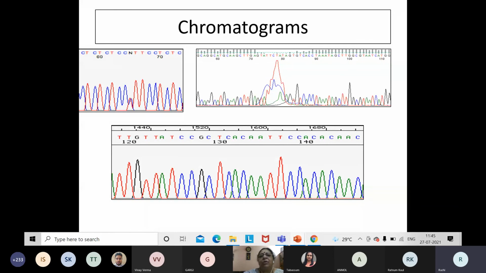There are regions, not the complete chromatogram is bad, but there is a region in the DNA sequence which is not good, something like this or something like this here. As you see, we will get some DNA sequence, and if that sequence is submitted in the secondary database, if it is from my own lab, I know that there was a patch which was not a very good sequence. But if I'm using secondary data, I am not sure how much of it is actually very reliable.